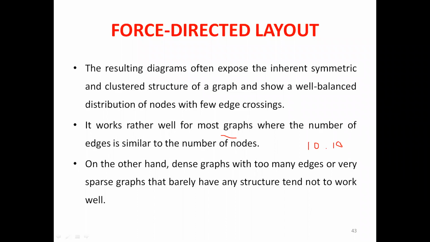That is what it means. If nodes equal edges, the graph is sparse. I told you about combinations also, right? 10 choose 2. It was discussed earlier: how many links are possible in a friendship network, which we discussed in the earlier classes, right?